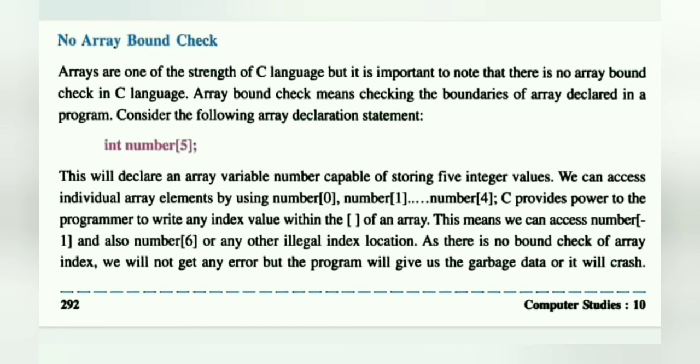So if I give the number 6, though the last index is only 4, it will not generate any error. But as there is no bound check of the array index, the program will give us garbage data, meaning any random number as the output, or it will crash your program.